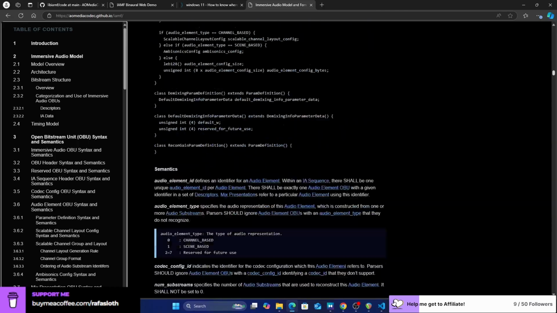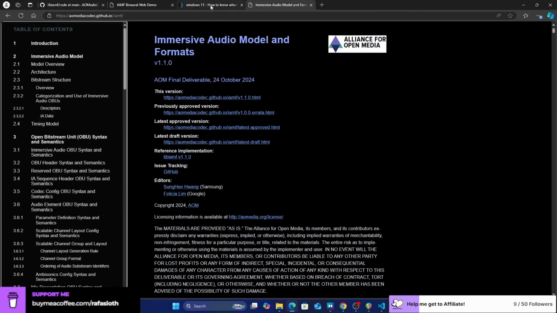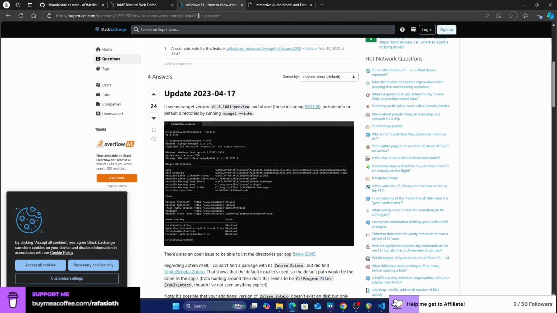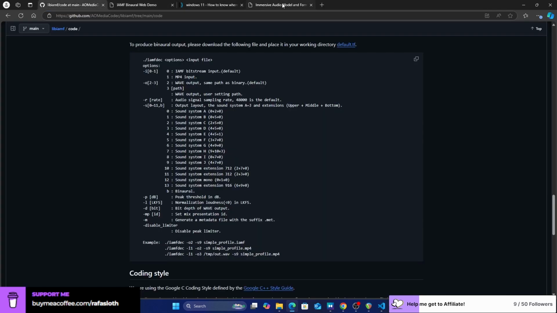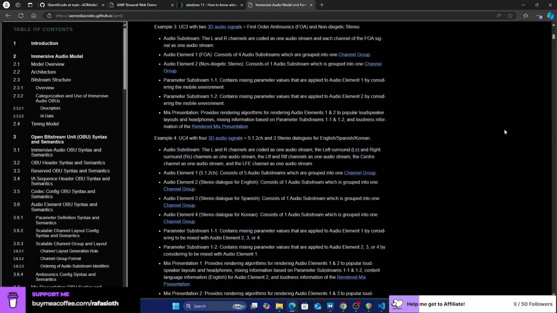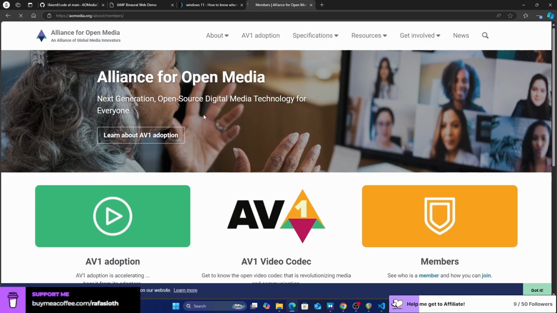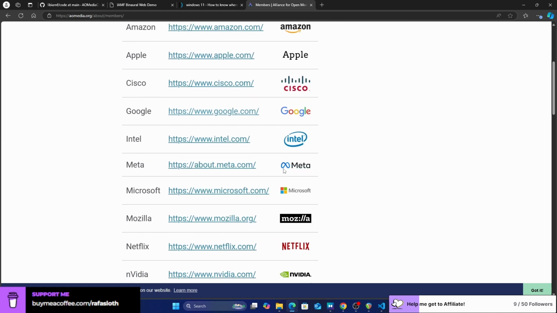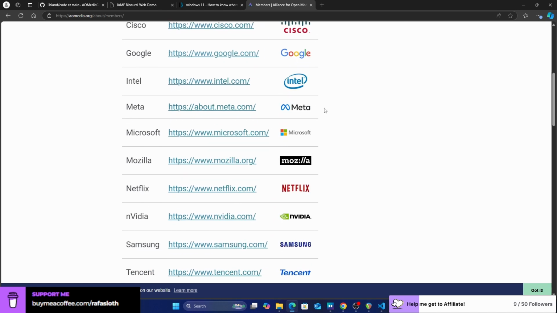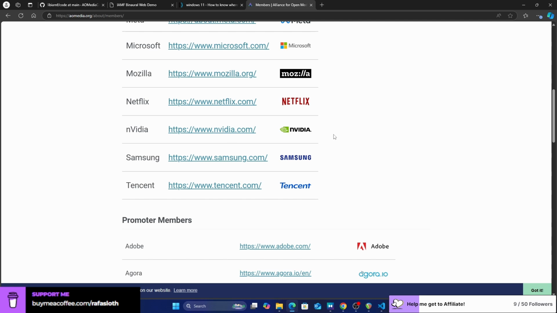And yeah, this is already in massively adopted software like FFmpeg. So expect to see IIMF soon coming to consumer devices out there, because the people behind this are really big companies, members: Amazon, Apple, Google, Intel, Meta, Microsoft, Netflix, Nvidia, Samsung.